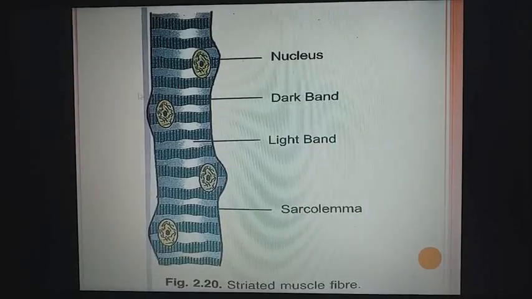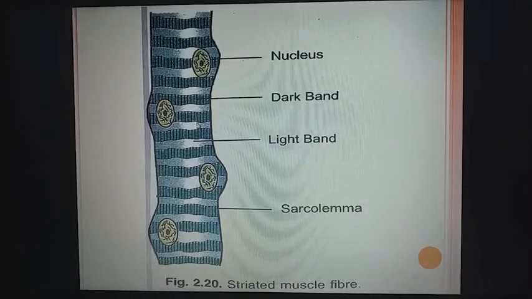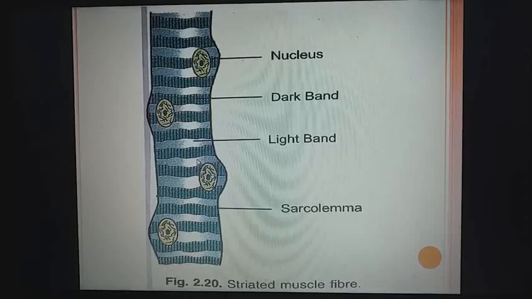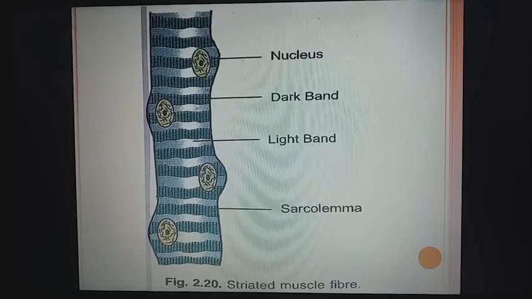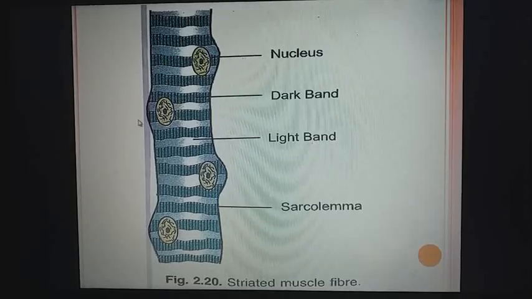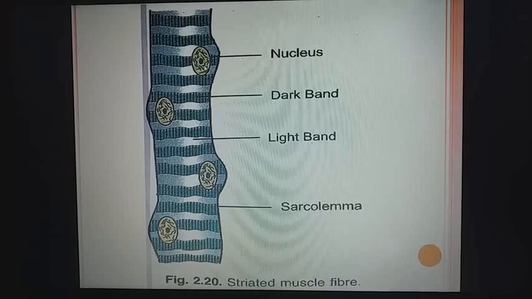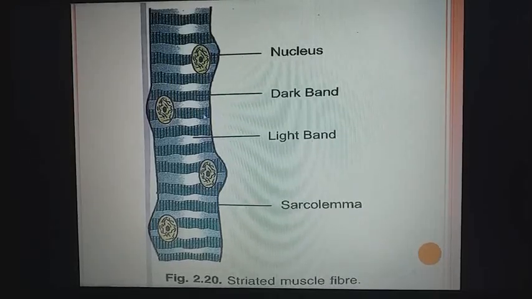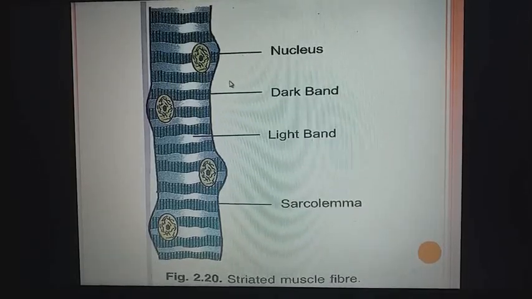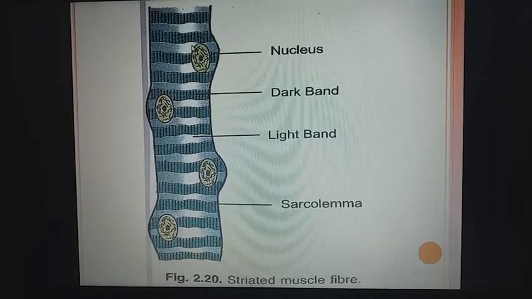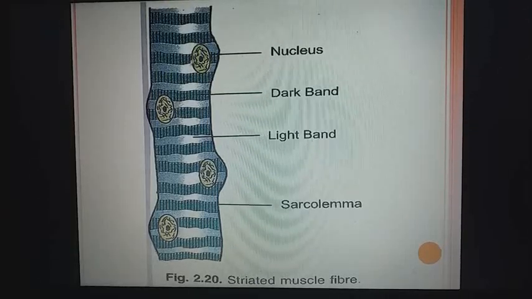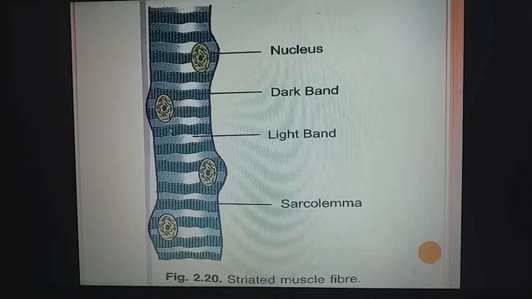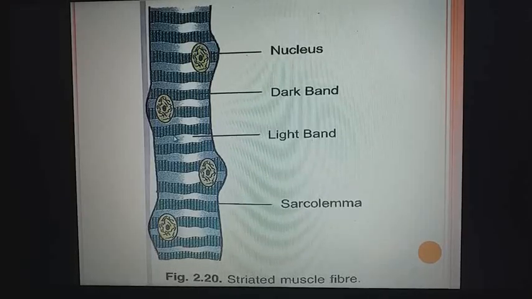Now see here the diagram. These are the dark and the light band. See, dark and the light band which are present here in the muscle. And as I have told you, it is multinucleated. So see here, so many nuclei are there. So it is multinucleated, unbranched. See here, no branching is being seen here. So it is cylindrical structure. Already I have discussed cylindrical structure, unbranched, alternate light and dark bands are present and is multinucleated, and is also known as the voluntary or skeletal muscle.